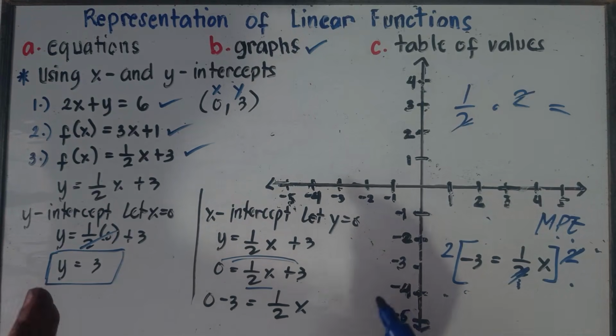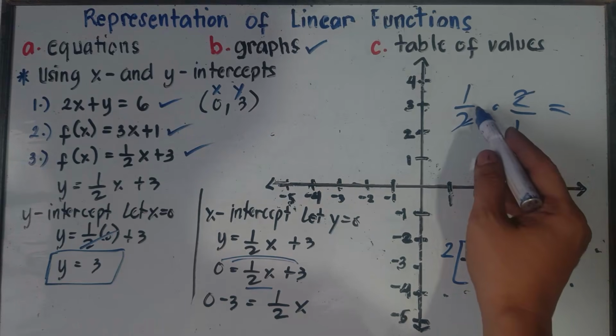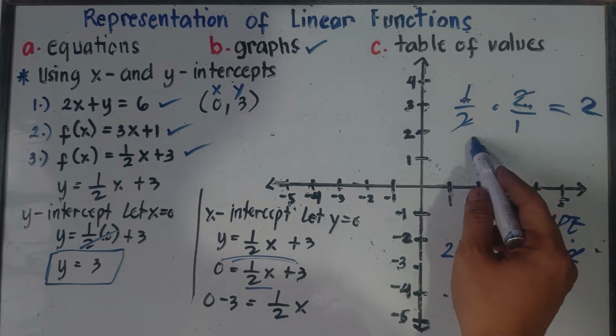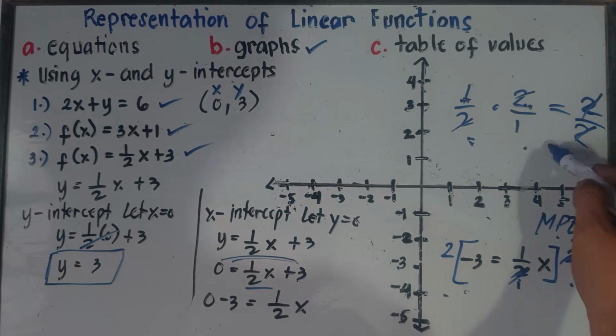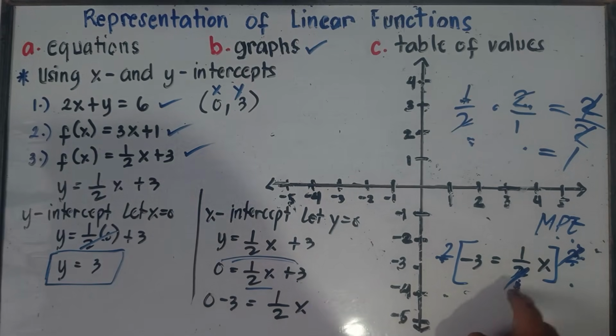Because according to the rule of fractions, understand that there's a 1 here, right? Simply multiply the numerators: 1 times 2 is 2. Multiply the denominators: 2 times 1, that would be 2. And then 2 divided by 2 would be equal to 1. That's why I told you a while ago, if you have an example like this with a 2, to remove this 2, you need to multiply both sides by 2, so that you can cancel that out, because 2 divided by 2 would be equal to 1.